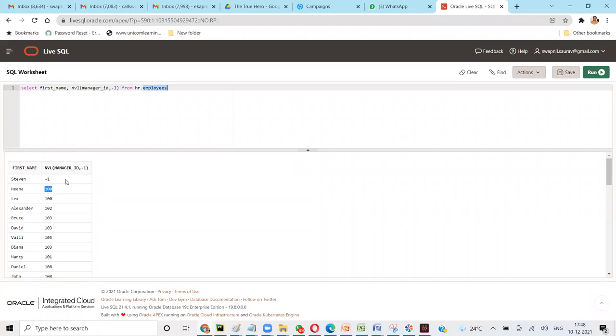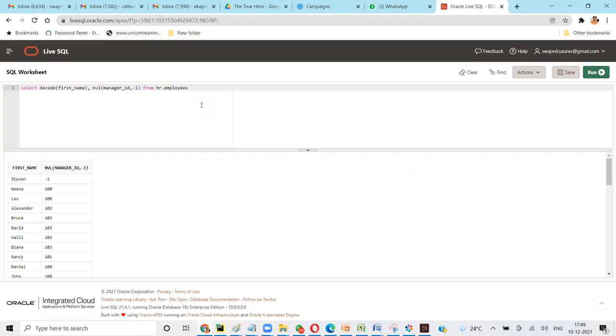Okay, now this is to handle a null value, but let's say you want to handle some specific value. So we have something called decode. Decode is like if else, if you have used an if else condition. So the first is the value. Let's say what I'll do is I'm going to say first name. Okay, I want to do first name.